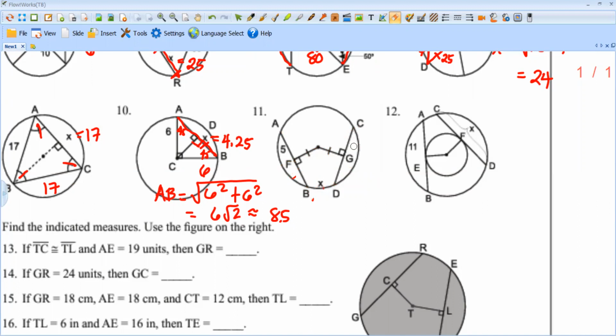Let's try to erase it again. Is this the exact location of X? Probably if this is X, then we can be able to solve that. That is also 5. Or if this is X, then this is 5. So let us assume that the X will be here because there is no information that we can be able to say that X